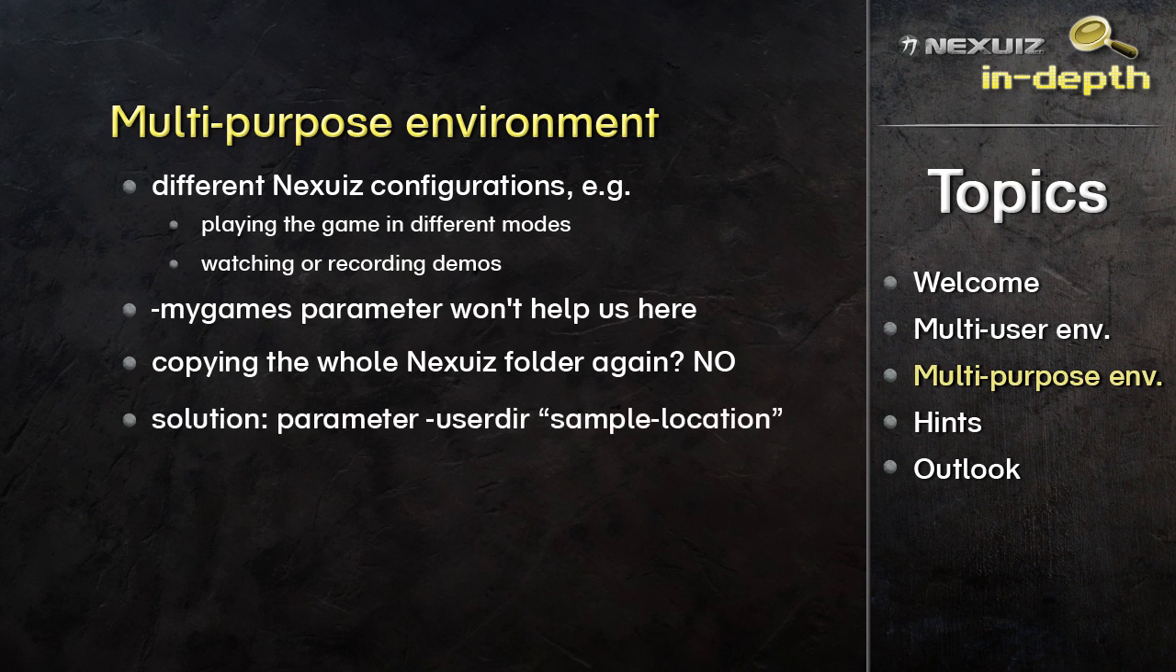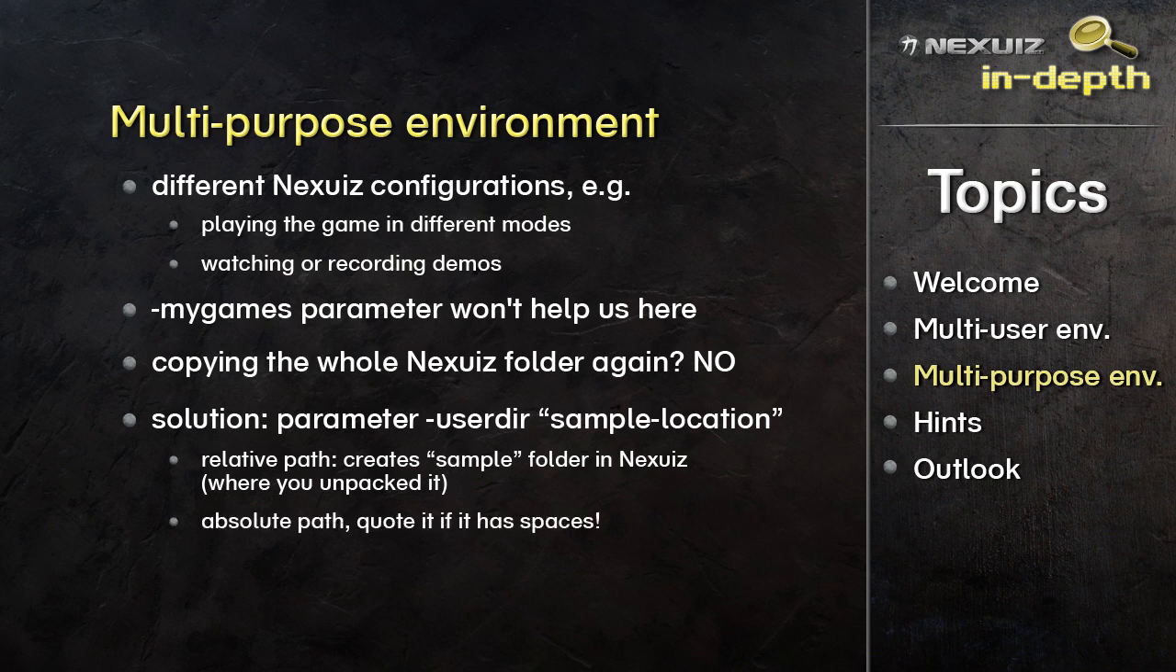The solution for your problem is to use another command line parameter called userdir, standing for user directory, after which you specify the path of the directory where you want your config files to be. This path can either be a relative path, for example, if you just specify sample, it will create a directory called sample in your Nexius directory where you extracted it, or it can be an absolute path. If this absolute path contains spaces, however, make sure to quote it. On Windows, doing this just works like shown for the myGames parameter, so for the userdir parameter, I'll show this